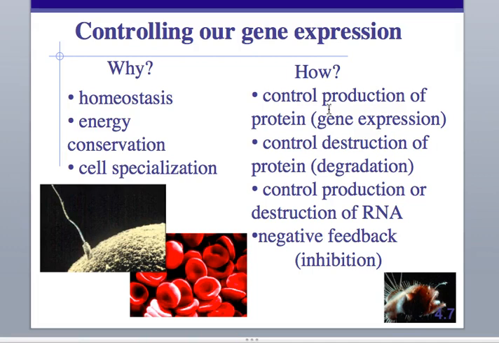There are examples of positive feedback, such as contractions during birth. You have a hormone being produced called oxytocin. When it hits the bloodstream, it goes back to the brain and tells the brain, hey, there's oxytocin, let's make some more, so we can start doing contractions and push this baby out of us. We're going to get into more examples of this in so much more detail. There are so many other reasons to regulate your genes and ways to regulate your genes, but this is a nice overview of very basic cellular metabolism.